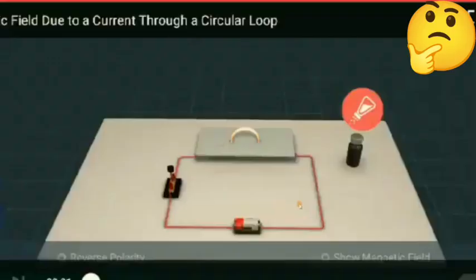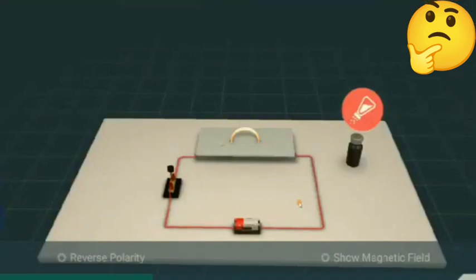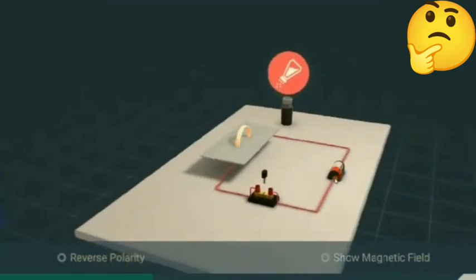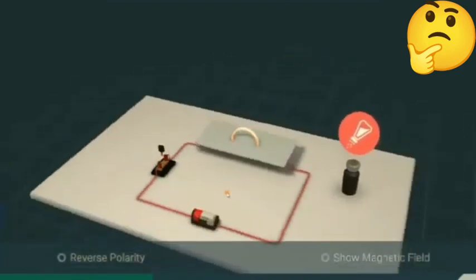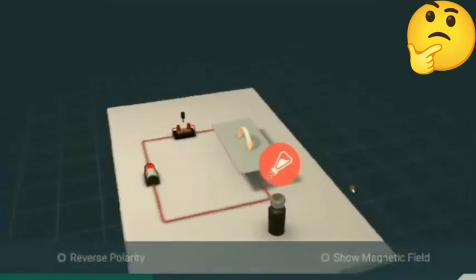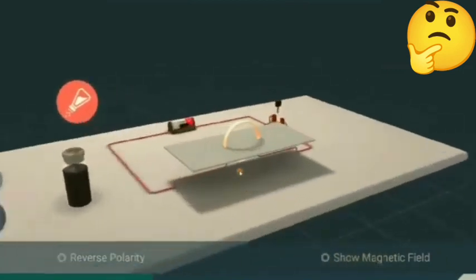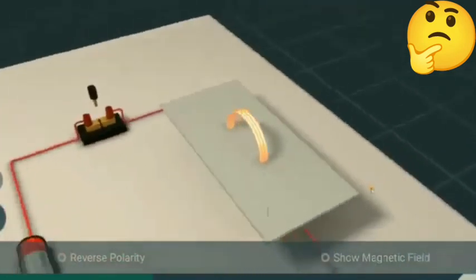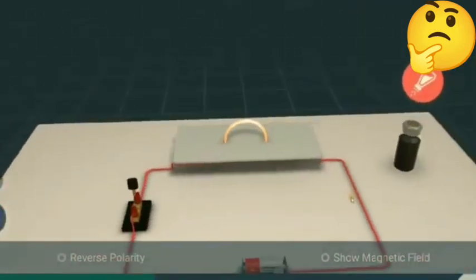This is the setup for seeing the magnetic field around a circular coil. You can see the side view of this setup. There is a battery. There is a copper wire in the form of a circular loop. It is placed in a cardboard sheet,